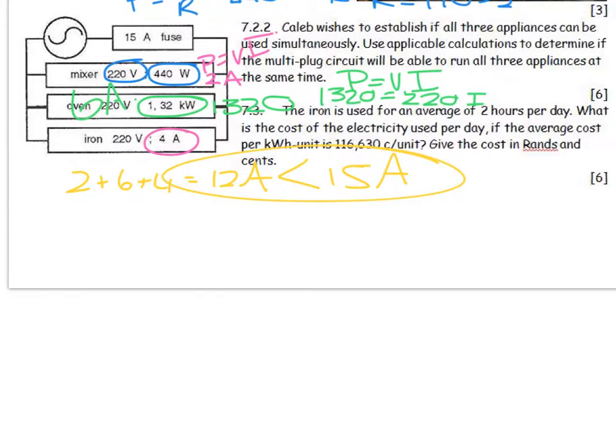Right, last one, the iron is used for an average of 2 hours per day. What is the cost of electricity used per day? So we want per day. We're not going to be multiplying anything further than that. If the average cost is given, give the cost in rands and cents. So we're going to say work done is equal to power times time. The power of the iron